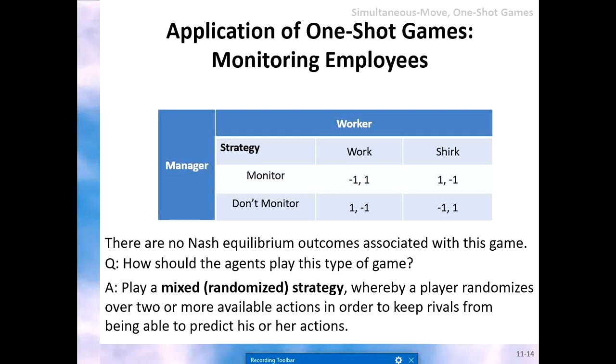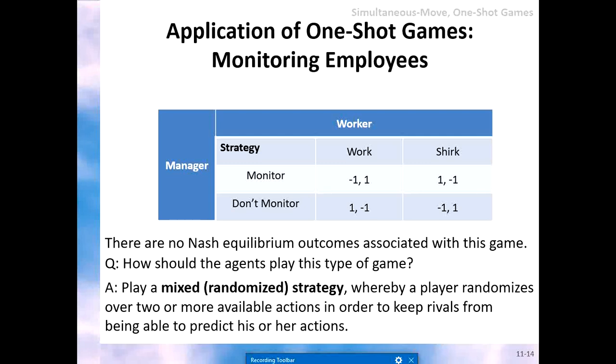Let's explain it. If the worker wants to shirk, now if the manager did not monitor, he gets 1. Correct? But if the manager monitors, he could get -1. So in that case, the worker, instead of shirking, should try not to shirk, because the manager is monitoring. So he has a better